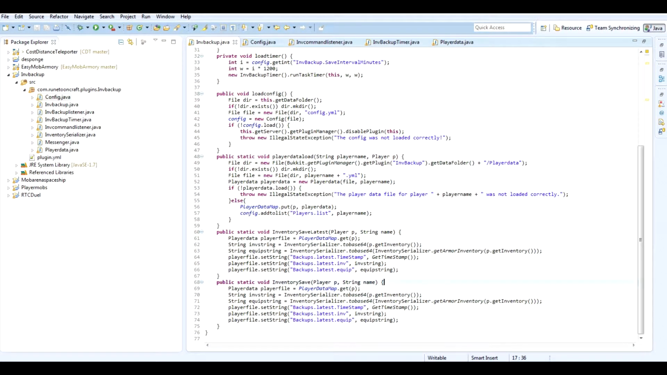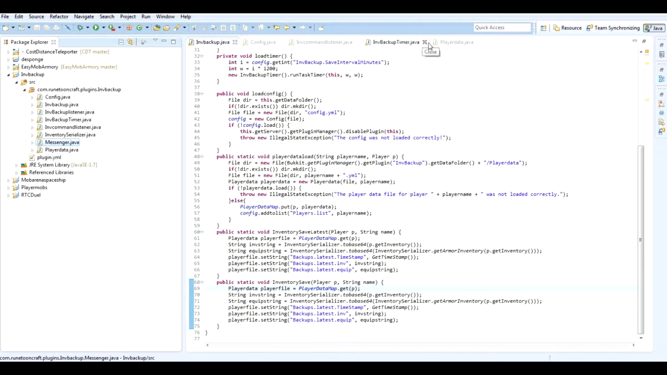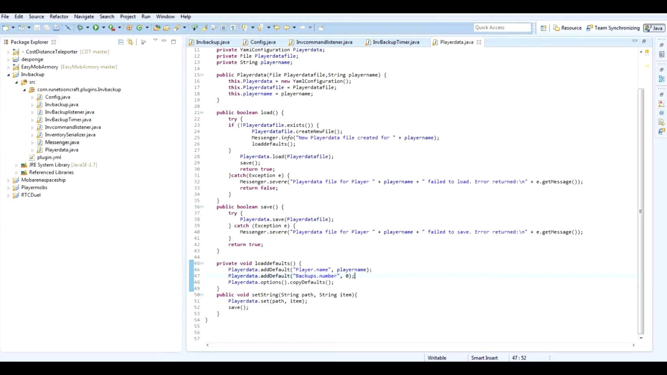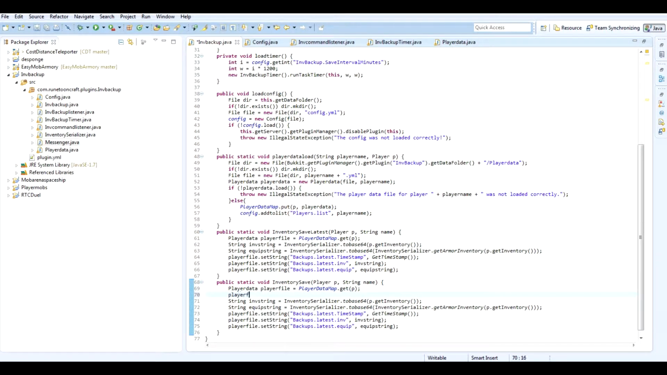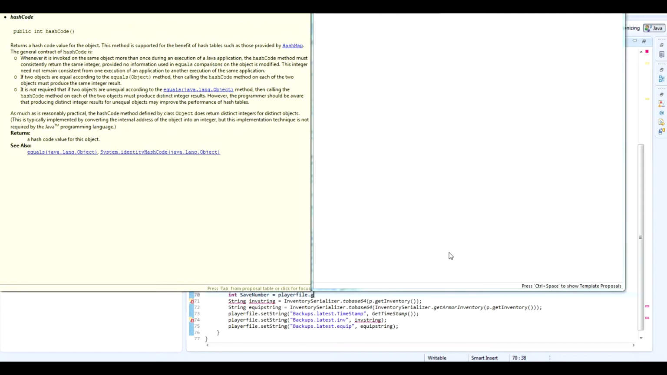And then what we can do down here, when you call inventory save, for our player file, we're going to want to add, where's the player data file right here. We're going to want to add backups. We already have backups in there. That's what we added before. Okay, so we're going to get that player file. All right, so int save number equals player file dot